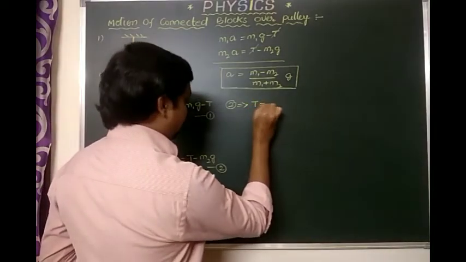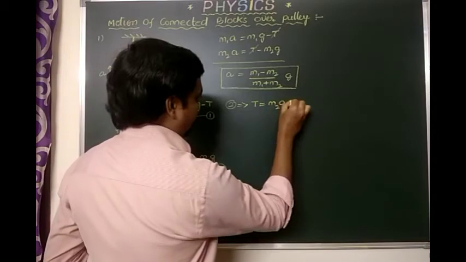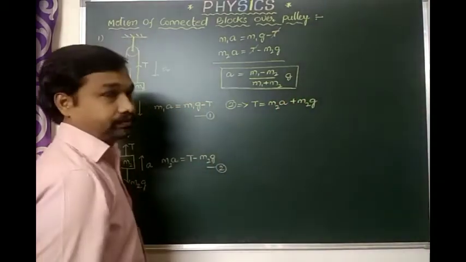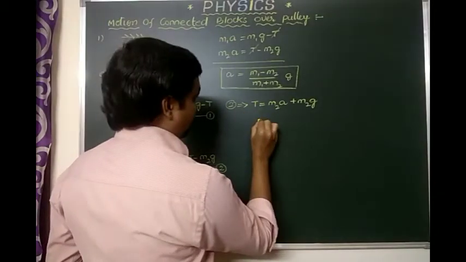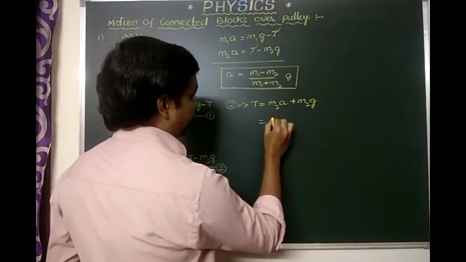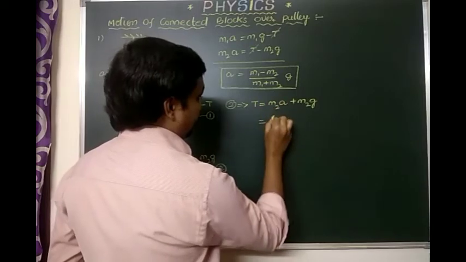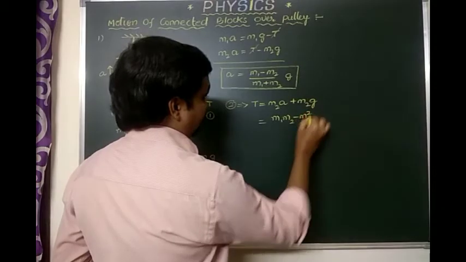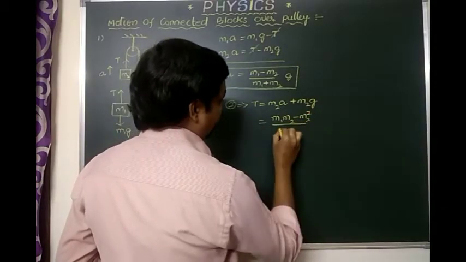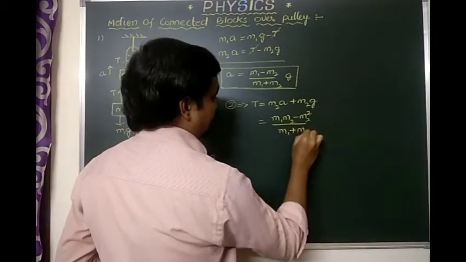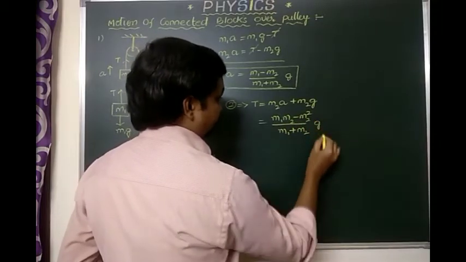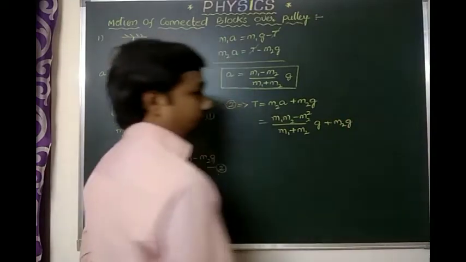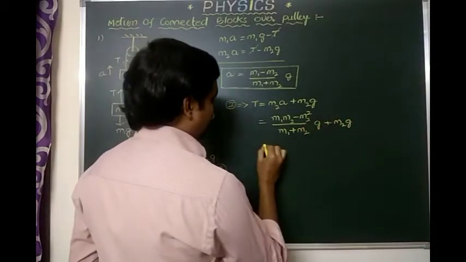Now we substitute the value of a and multiply: (m1m2 minus m2 squared) divided by (m1 plus m2) into g, plus m2g. If we take the LCM again, we get